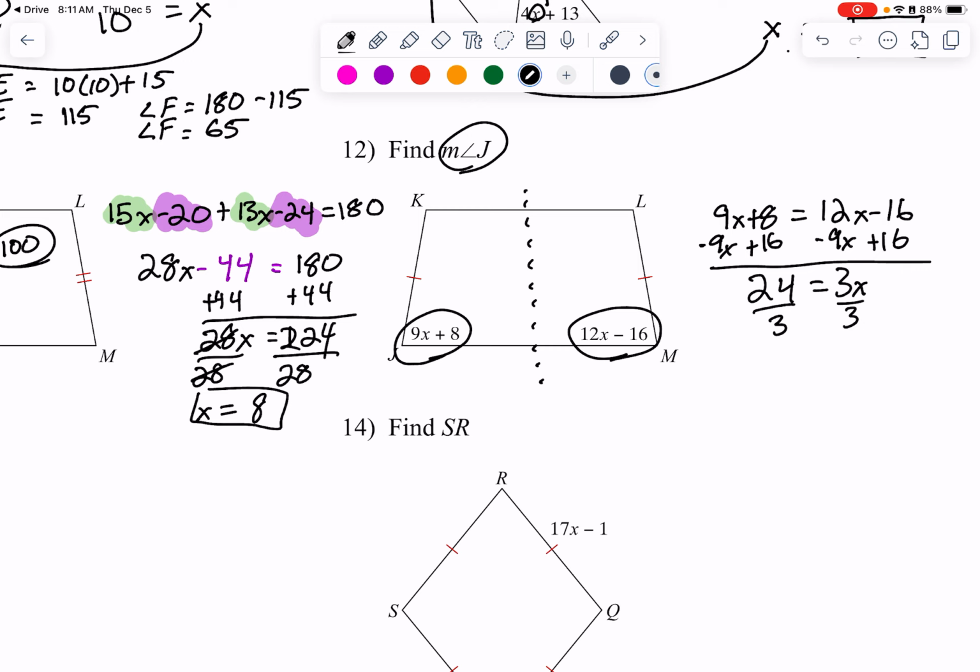Divide by 3 on both sides, I get 8 equals x. But that's not the finish. That's only part of it. I got to plug that x in back here. 9 times 8 plus 8, which means it's 72 plus 8, or 80. And guess what? This other one's also 80,